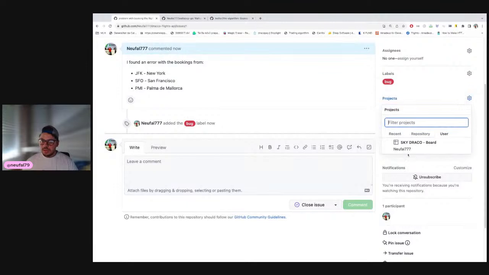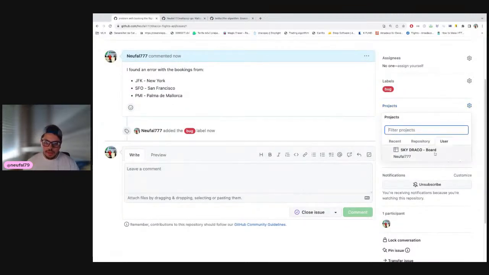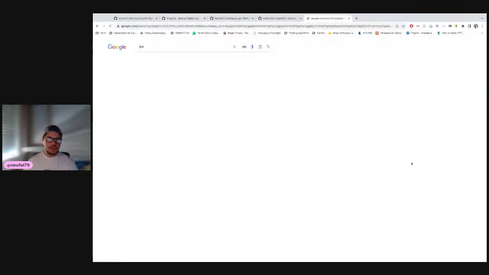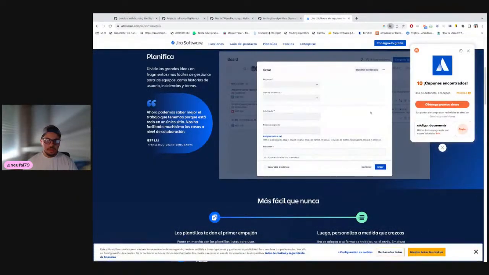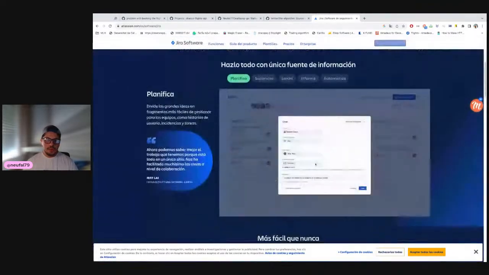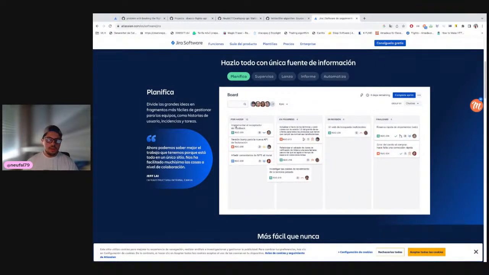And projects, yeah, okay, that we have, because here you can add the board. There's something called projects here, as you can see. And basically this works like Jira. Did you use Jira anytime, or this table with issues? Basically it's a dashboard with ticket issues, in different columns, like to do, in progress, in review, done,